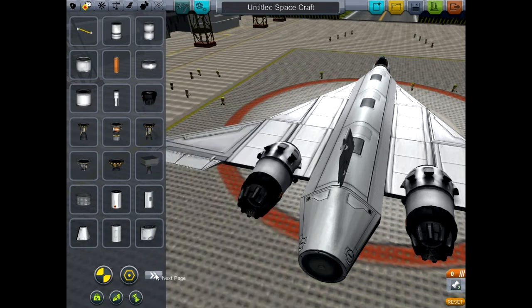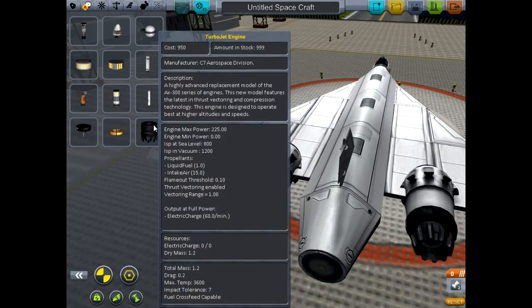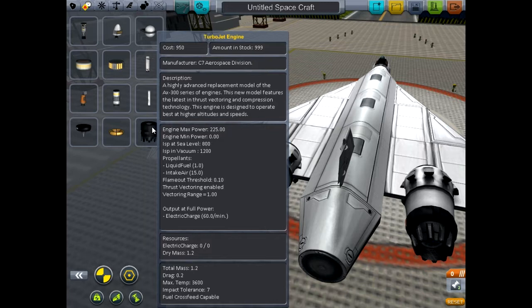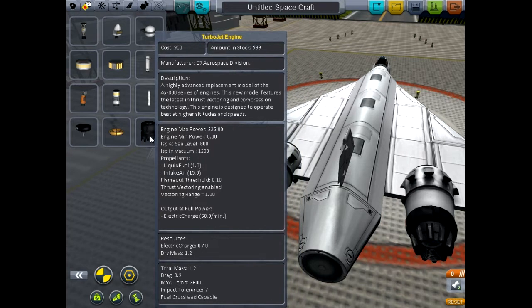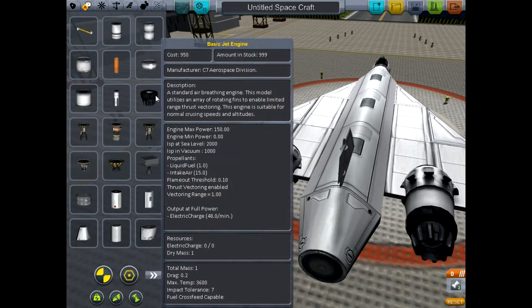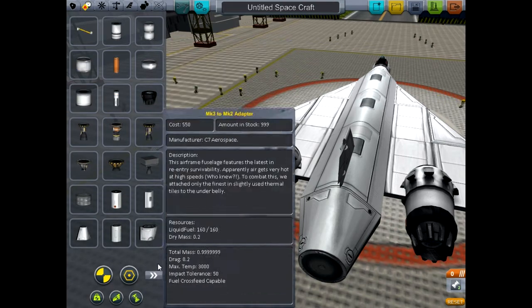Now we go over to our turbojet, and it has 225 power, so you might be tempted to grab this one. But notice the ISP is 800 and 1200. So what you have here is just a much less efficient engine, unless you're using this to get into the vacuum. You can use this in space, which is really not advisable for the basic engine. But